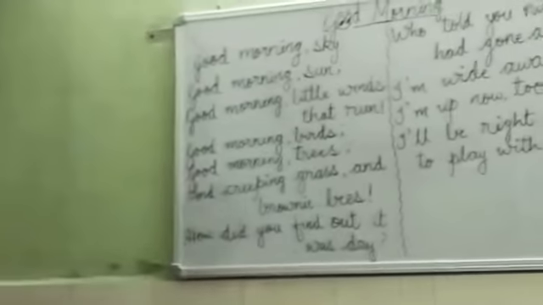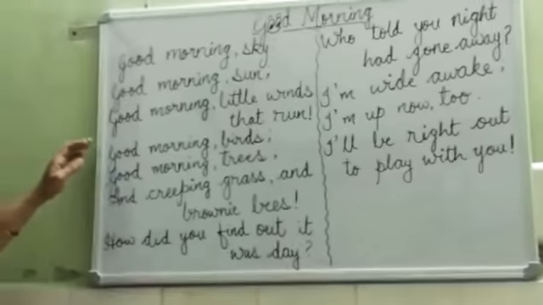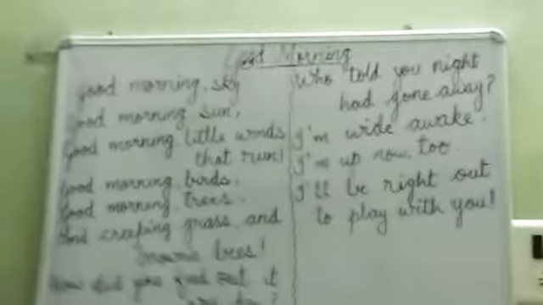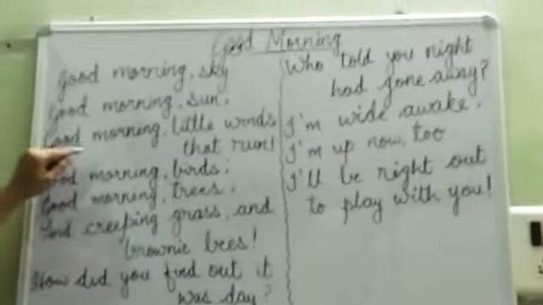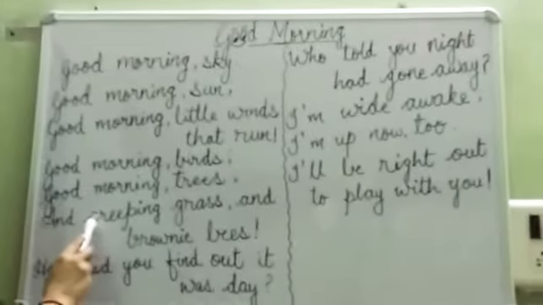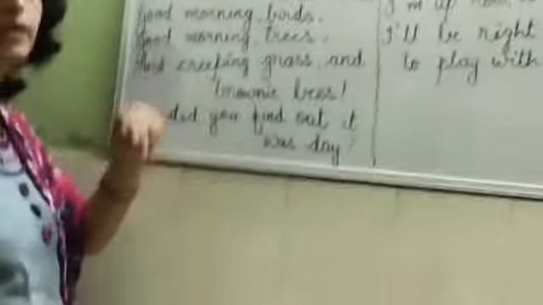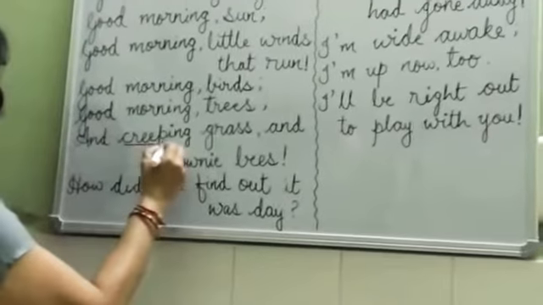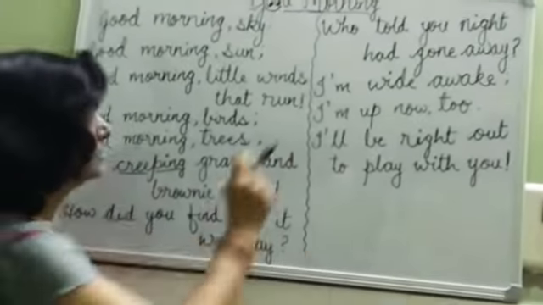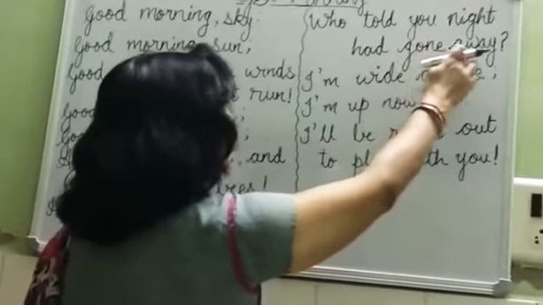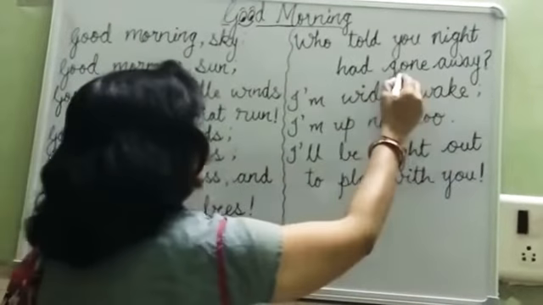So children, did you all enjoy the poem? Now, let us discuss some new words. There are some new words. Let me talk about those new words now. Like here you can see creeping. As I told you, creeping means to move slowly. Okay, creeping means to move slowly. And then come to the next word, gone away.